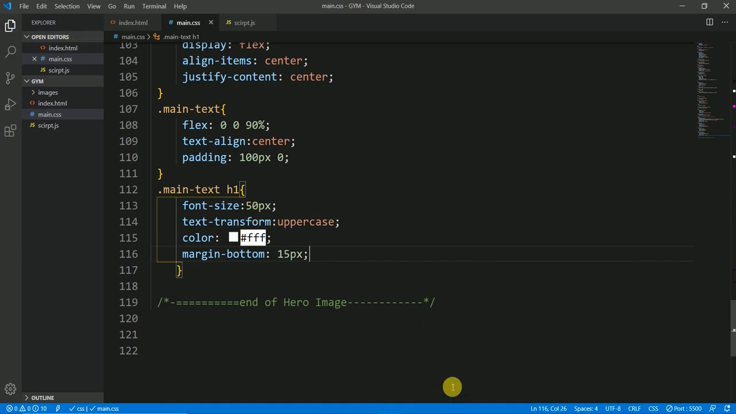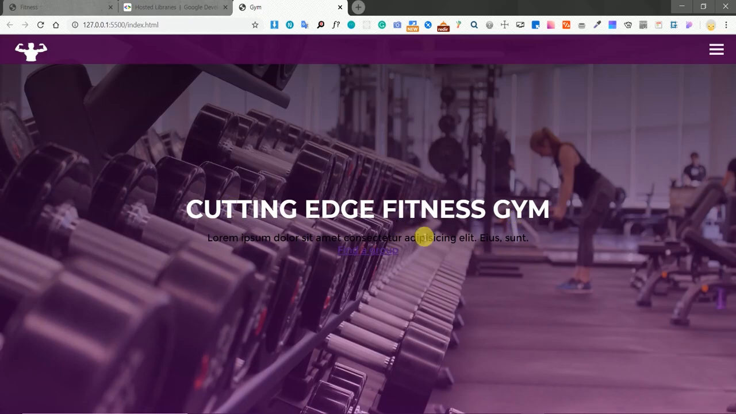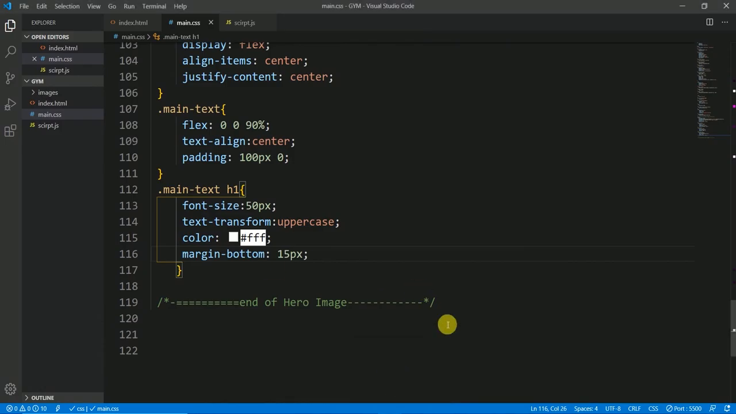Let's go and check. Heading 1. Okay, it's looking good. Now this paragraph and this button. Okay, so for this paragraph and for this button,